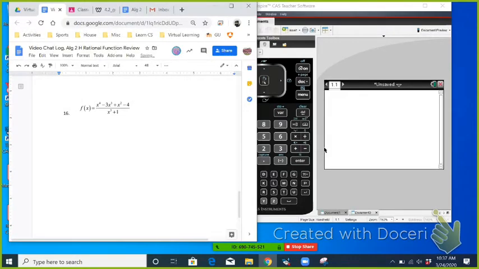We're going to graph this function in 16, and it has a slant asymptote. I know it does because the degree of the numerator is bigger than that of the denominator, so that means it's not going to have a horizontal asymptote. So if it was the other way around, if the denominator was a fourth degree and the numerator was a